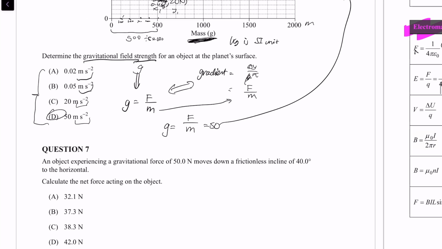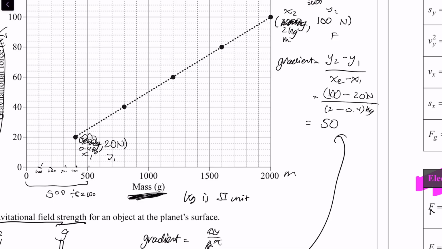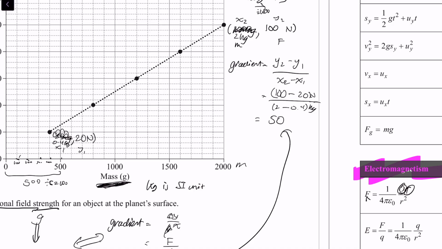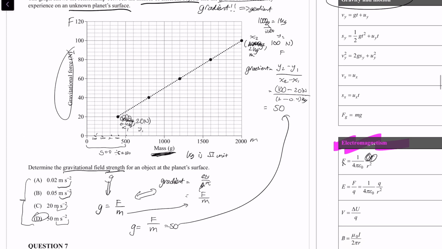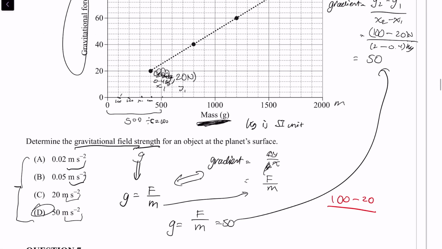I'll just quickly make a side note. If I did not convert my mass into kilograms, I'll just try that for a sec and show you what I mean by the examiners will always trick you with the other options in the multiple choice. So if I just put in 2000 minus 400, because a lot of people can be careless,